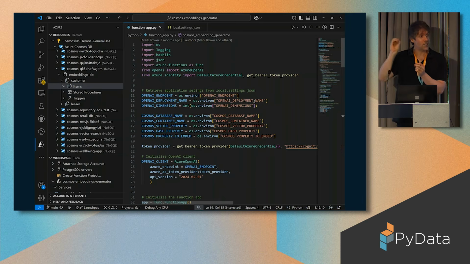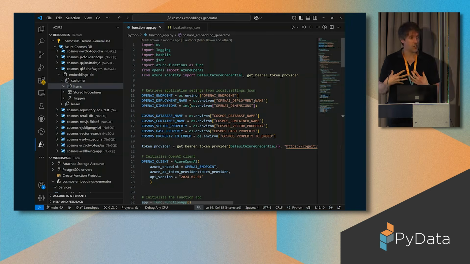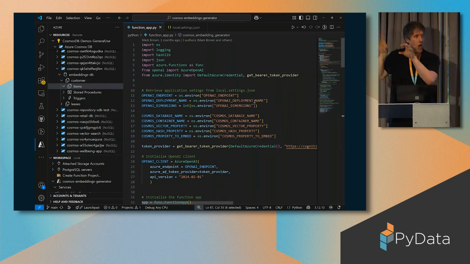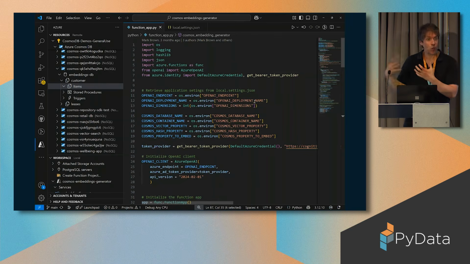All that's going to do is listen for changes in a particular container that contains some operational data. So the application is storing, let's say, a customer entity that contains information about a customer, but it also contains, let's say, customer notes, so notes about interactions with a customer. You can imagine a claim scenario or something like that. An operator is storing some notes, and that's changing all the time. It's an operational database, and so that's always being updated. But they also want an AI assistant to be able to reason over that text as well. You don't want to have those two bits of data stored in different stores. What's the point? You want it all together.